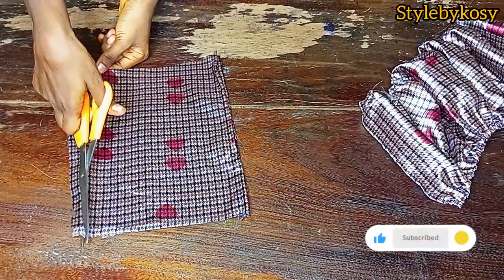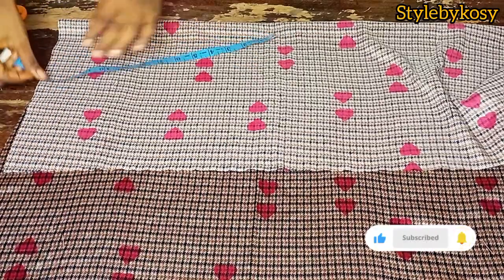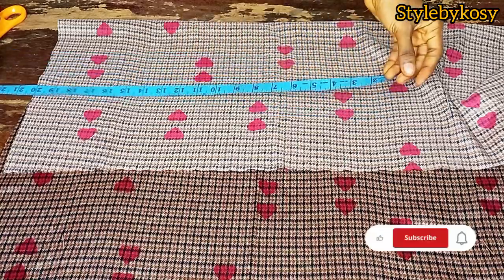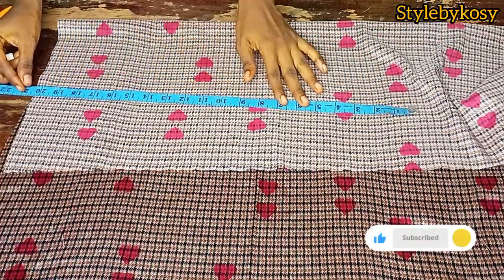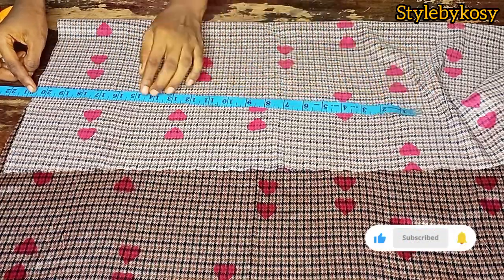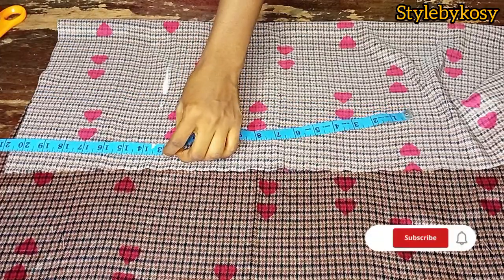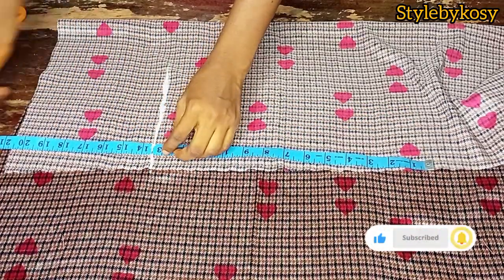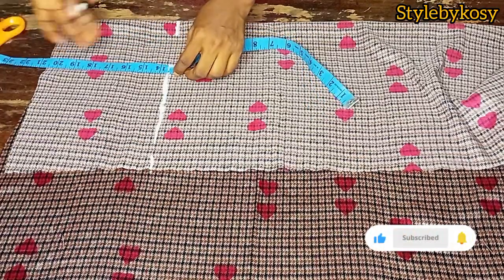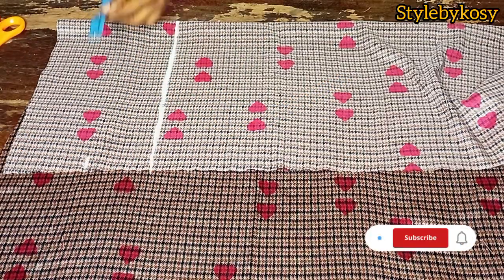Make sure you measure yours so you don't have any problem when trying to shape the dress. Once you're through with that, next you want to cut the waistband. The waistband has a basque effect in front, so I'll have to measure 20.5 inch. Remember we removed a total of 13.5 inch for the upper part, excluding the allowance. So the length of this top is 19 and a half, and I added an extra 1 inch to make it